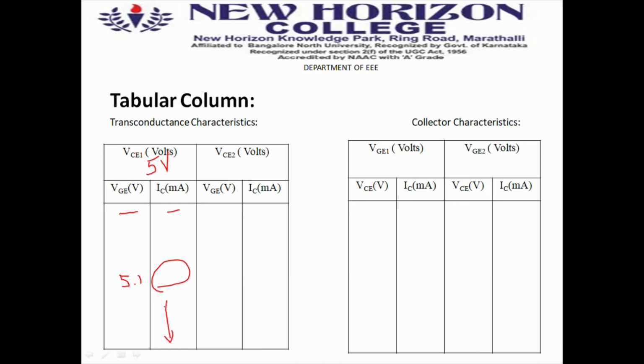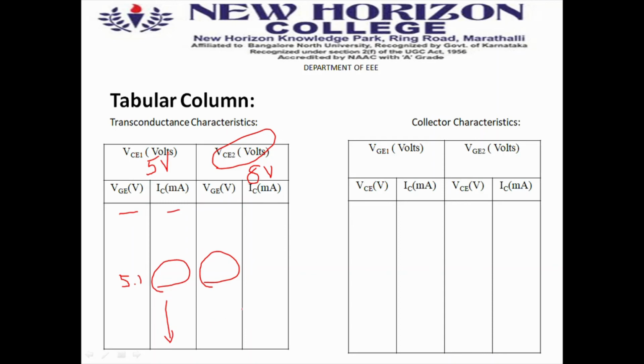So it's the same thing I have to repeat. Whatever procedure I did for 5 volt, I can do for some other value, for example 10 volt or 8 volt. I can repeat the same procedure for this one. Here also I can find at which point the conduction takes place, that is the threshold voltage. I'll try to find it.